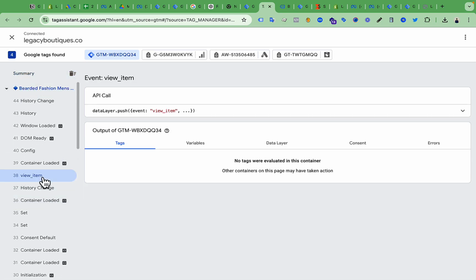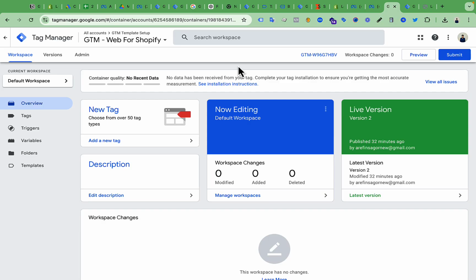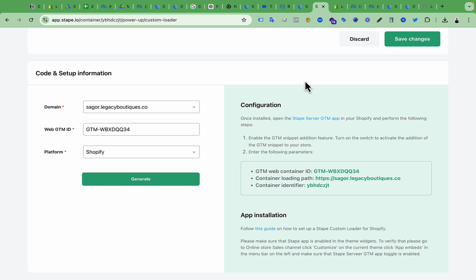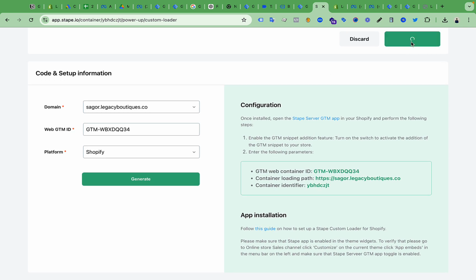Here you can see view item, and if I go to data layer, this one is coming from event model, so we have to ignore this data layer. I will enable the data layer from Stape.io, and we can only use my GTM template if we use Stape data layer, otherwise not. Okay, so let me click save here